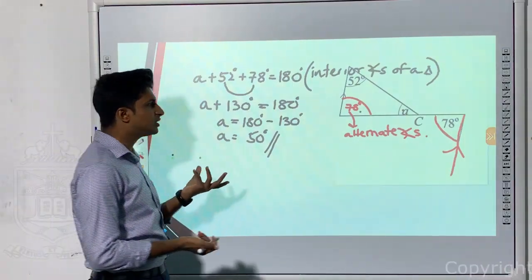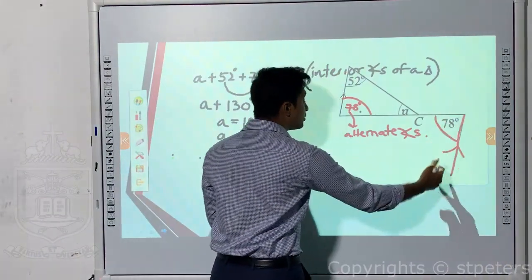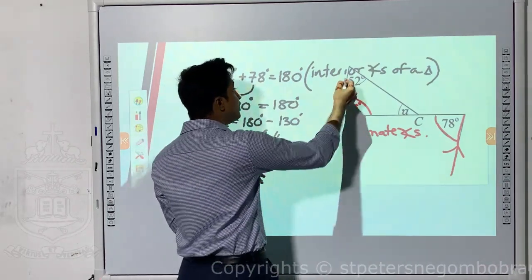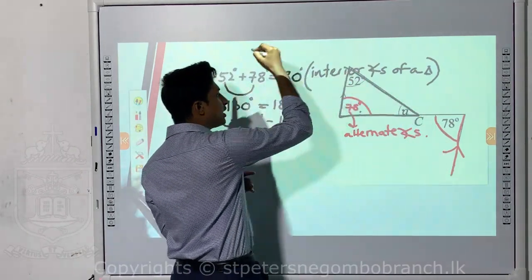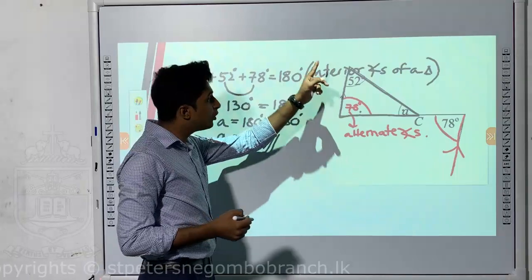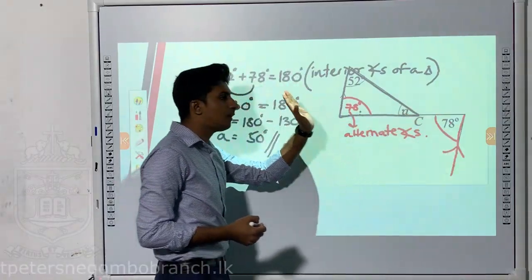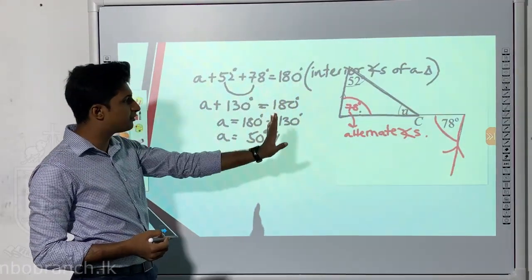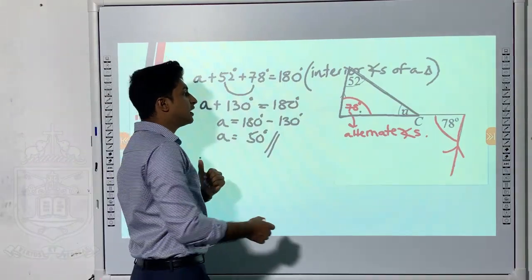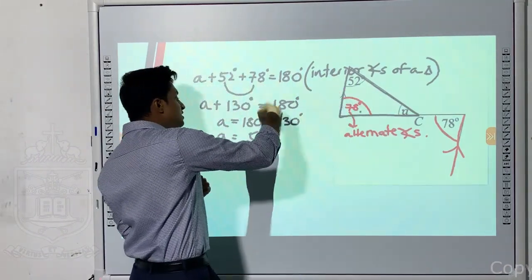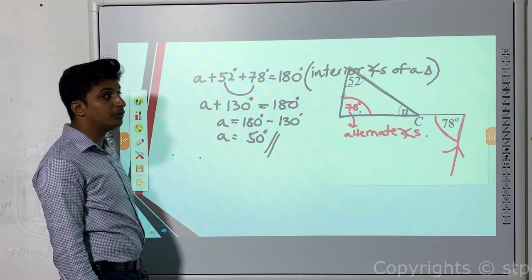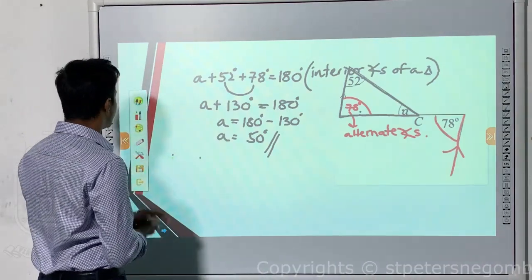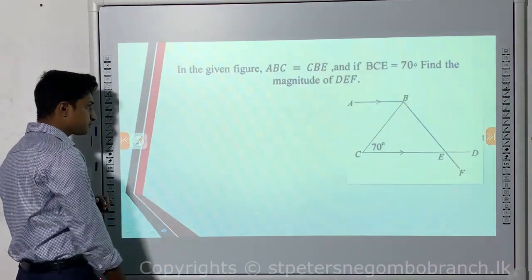Okay, so very small thing, children. First of all, you found out about the alternate angles. Why? We need this. To find this triangle, you need this angle. To get it, the only method I can see is using alternate angles. Maybe there are others, but for now, alternate. So after that, I can take the addition of 3 angles and take the answer for the value of A. That's about it. Right, we're moving to the next part.